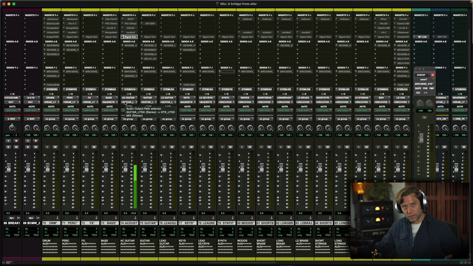I have 8 channels of vintage API summing, 2, 4, 6, 8. That's 4 separate stereo buses. I'm grouping a handful of things into each stereo. It's going through that with EQs on at all times, which is just 2 at top, 2 at the bottom, 10K, 50K, or 50 hertz. Always on so I can mix into that sound, going into a compressor of my choice, and then coming back